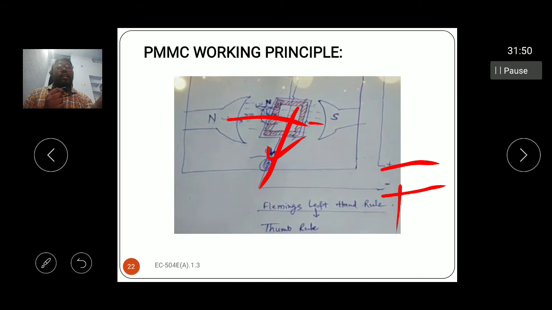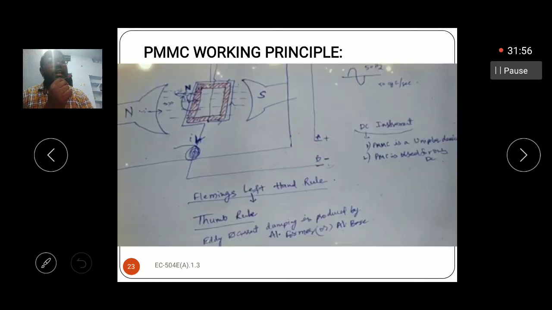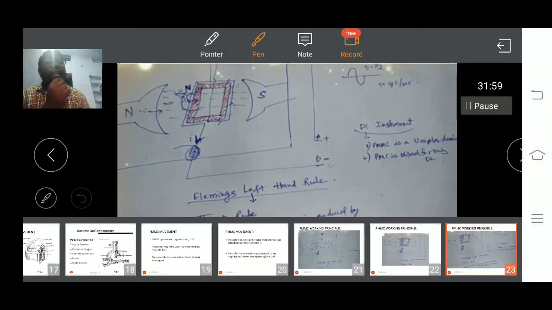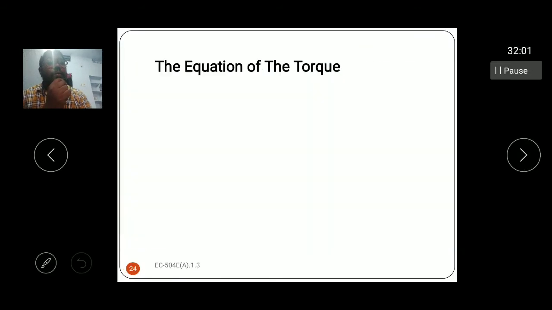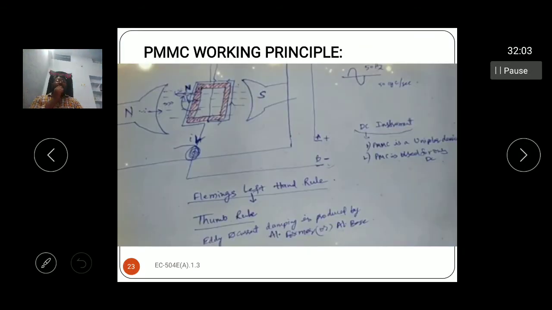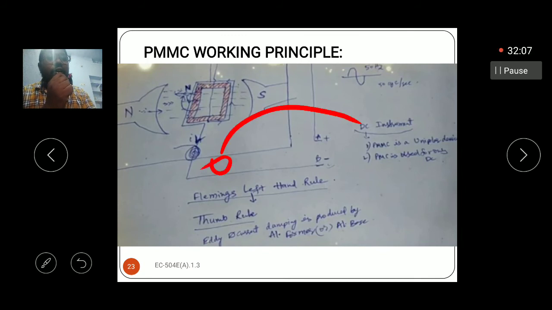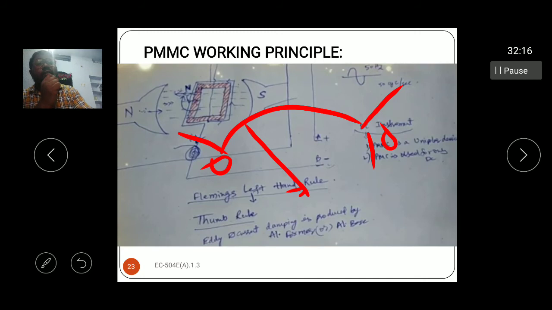For example, here I am connected to the negative, here I am connected to the positive. The current is moving in the upward direction. Then here, if you are observing the scale, what happens? Generally, the scale here is 0, here for example 10. Here we are having one stopper, here also we are having one more stopper. Here the reading is something like that.